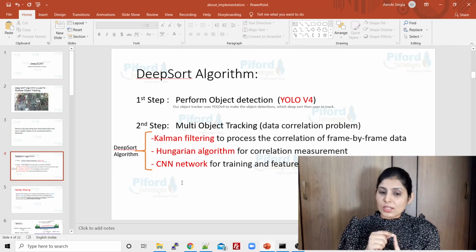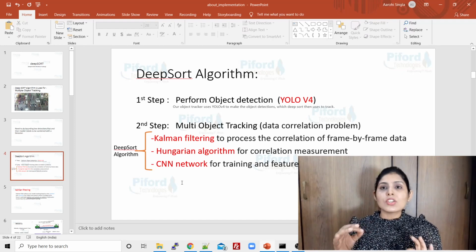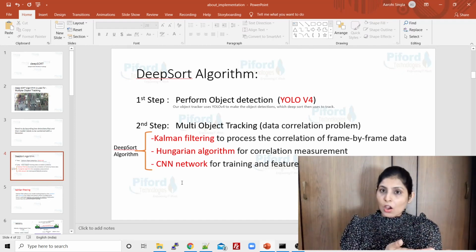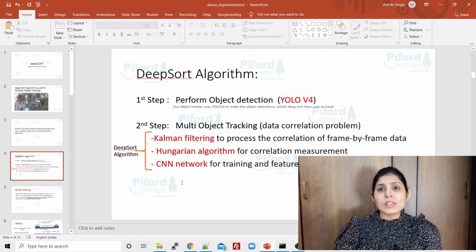The very first algorithm is Kalman filtering. When we talk about multi-object tracking, we are talking about a correlation between the data in different frames. The object which is present in the first frame may be present in the second frame and not present in the third frame.